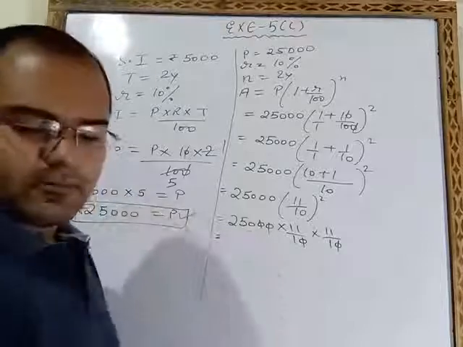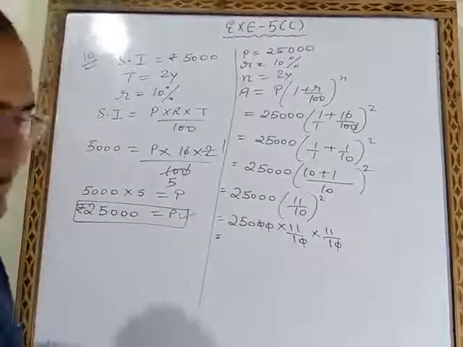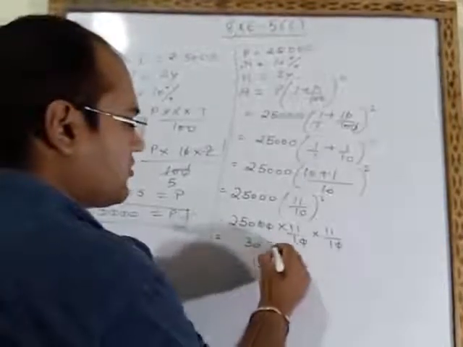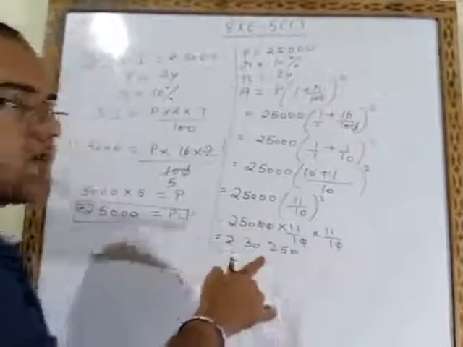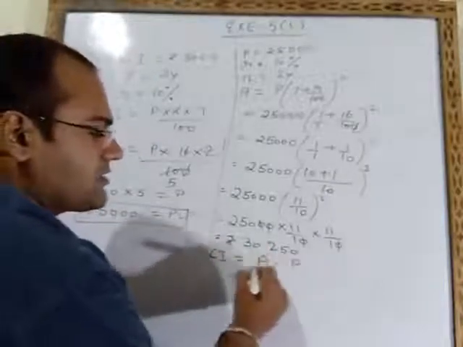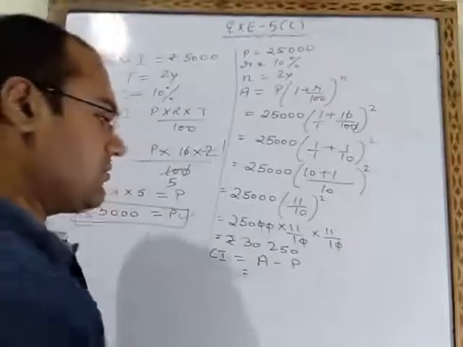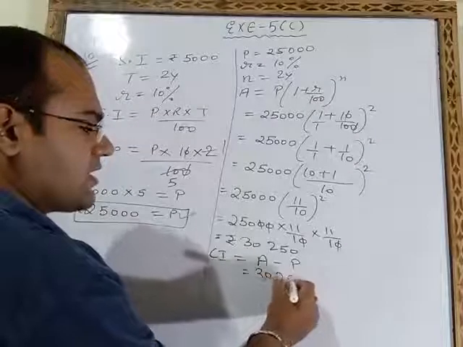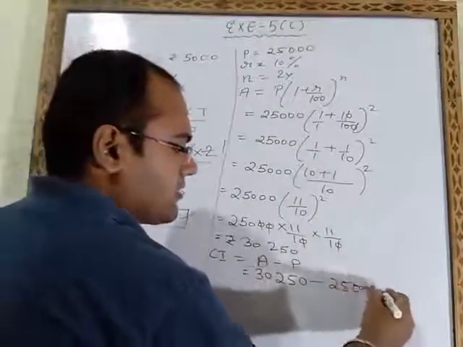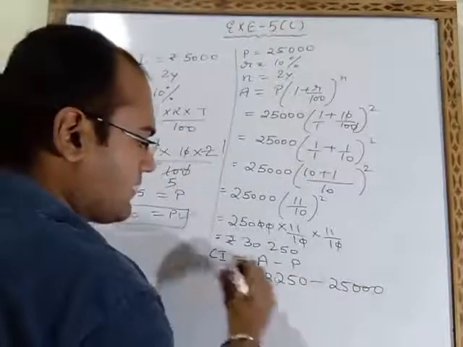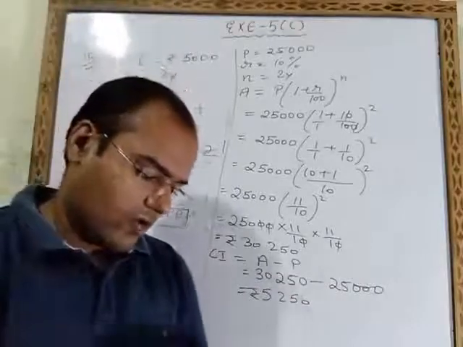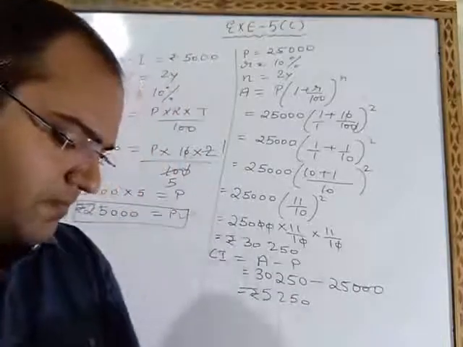Now we will multiply these number. 250 multiply 11 multiply 11. Then we will get the answer 30,250. This is the answer of amount. और आपको क्या फाइंड करना है, CI. तो CI का फॉर्मूला होता है अमाउंट माइनस प्रिंसिपल. फाइनल अमाउंट माइनस ओरिजिनल प्रिंसिपल, जो कि अमाउंट में आप लेंगे 30,250 माइनस प्रिंसिपल लेंगे 25,000 और इनको माइनस करके आंसर आ जाएगा 5,250 rupees. So this is the answer for compound interest for question number 10.